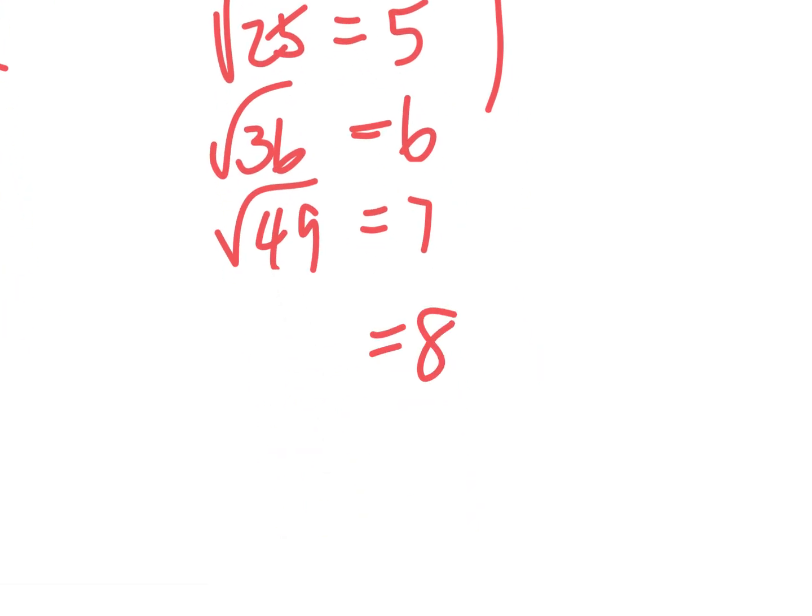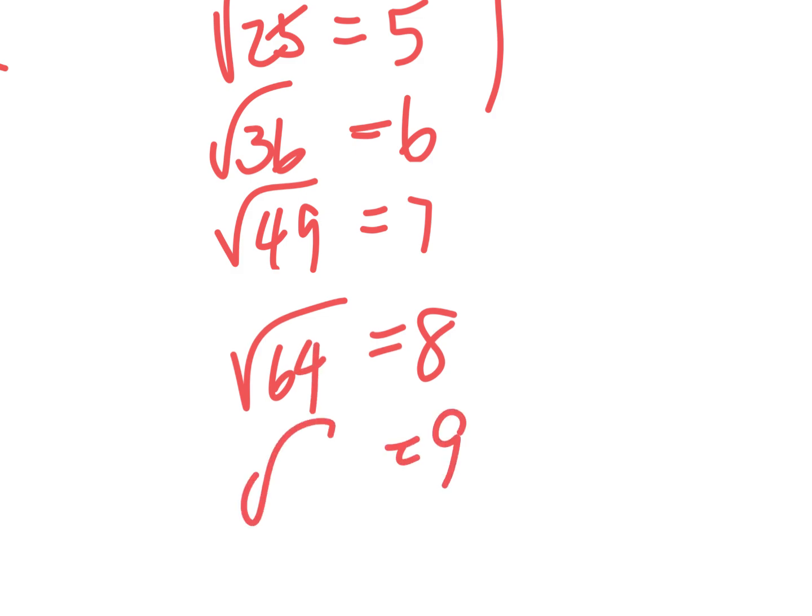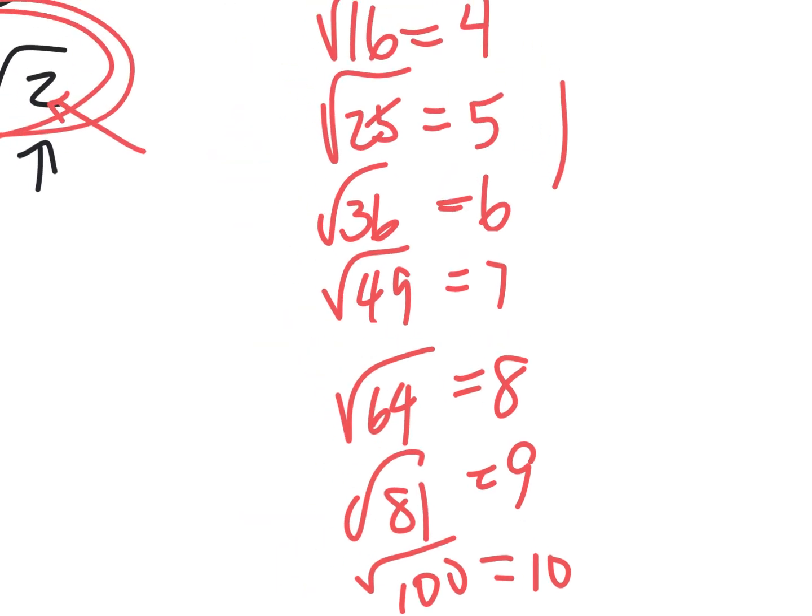So 8 is square root of 64. For 9, it'd be the square root of, somebody say it, 81, good. And the last one's 10, which would be square root of 100. That's about as high as you'd ever be asked to do. All of those are called the perfect squares. So if it's any other number than that, like instead of square root of 49, it's the square root of